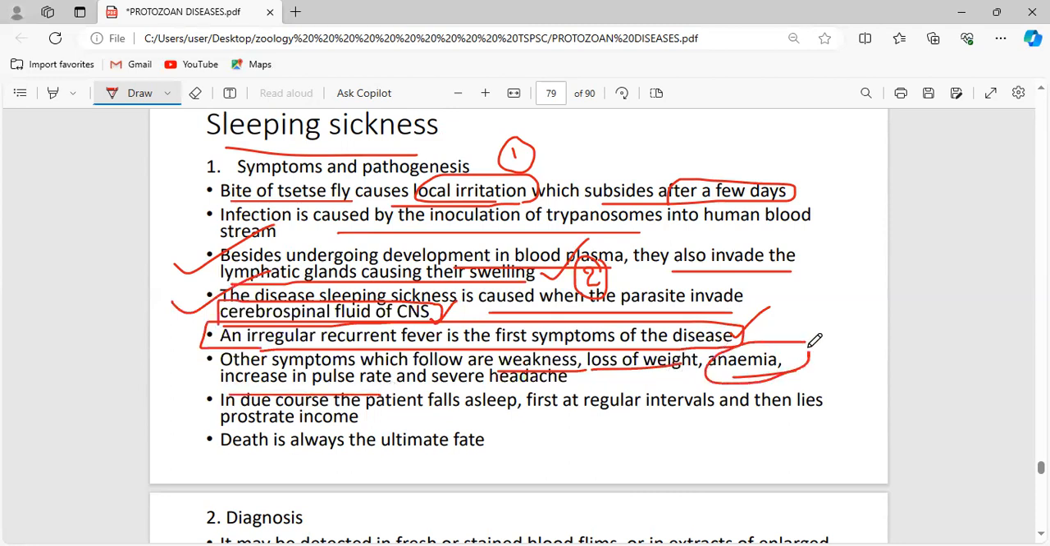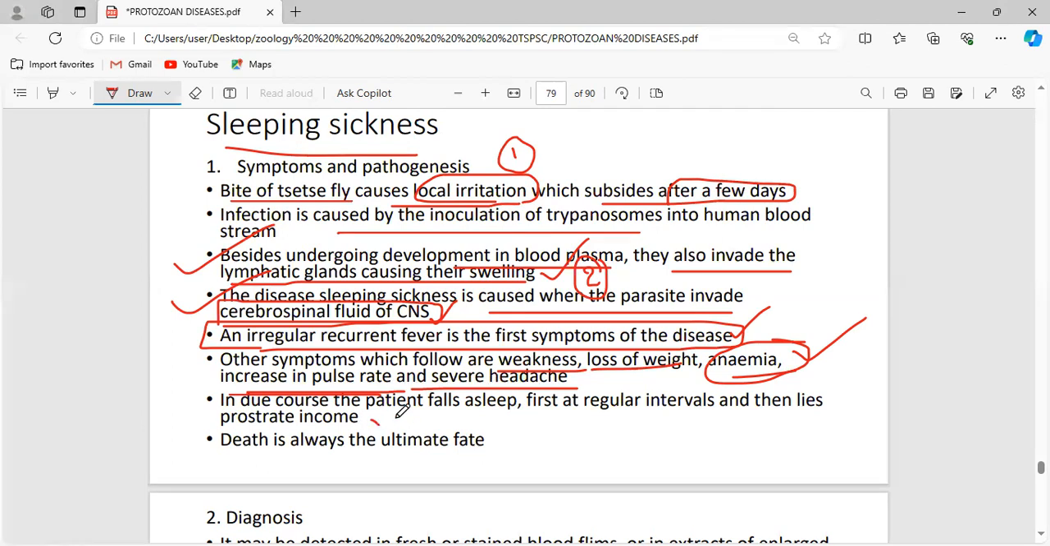Why does it cause anemia? Can anyone say why it causes anemia? Any guesses? Just by seeing the life cycle, where has the parasite been inhabiting in the human? As it inhabits the bloodstream, it is going to consume what? Blood. It means the place where the parasite inhabits is plasma. Obviously they are going to consume our blood, so it causes anemia and increase in the pulse rate, severe